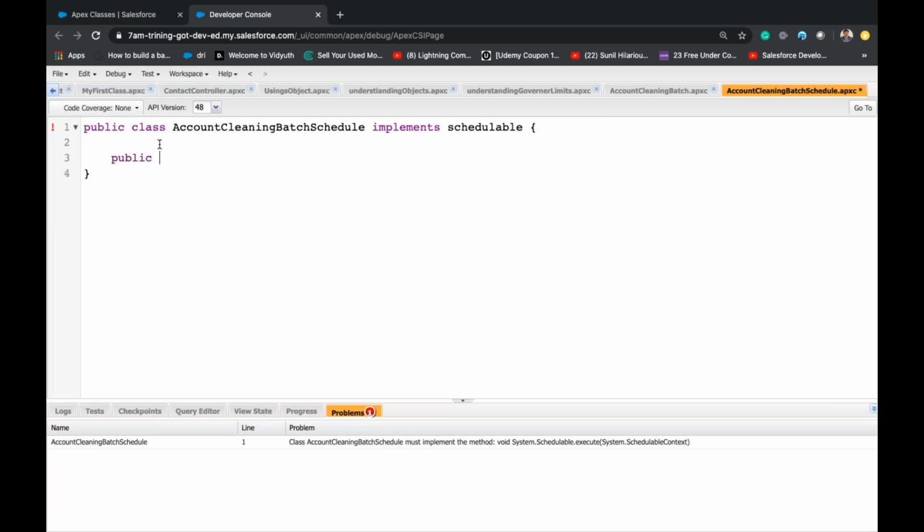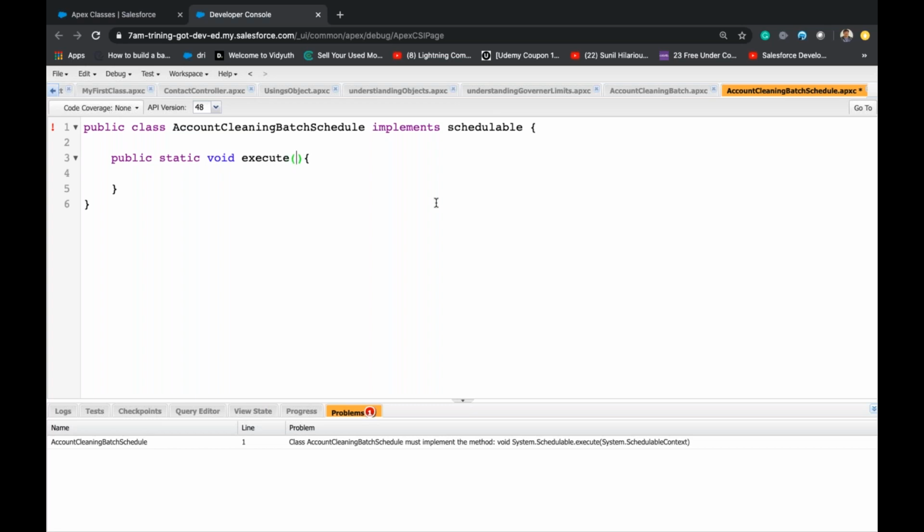So public void execute. This should not be static.